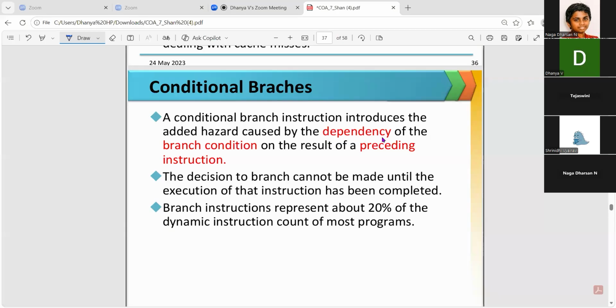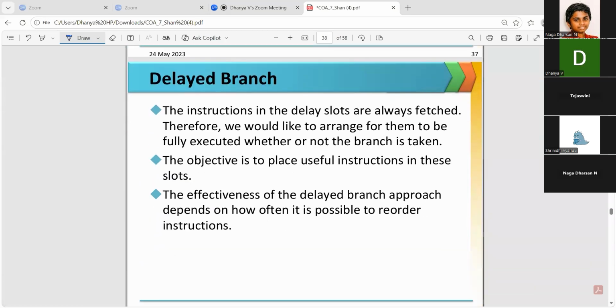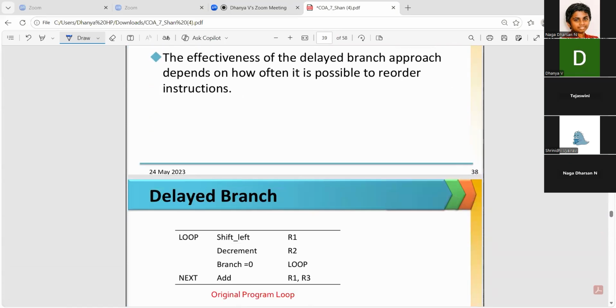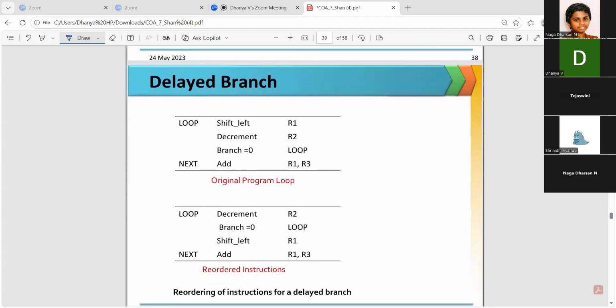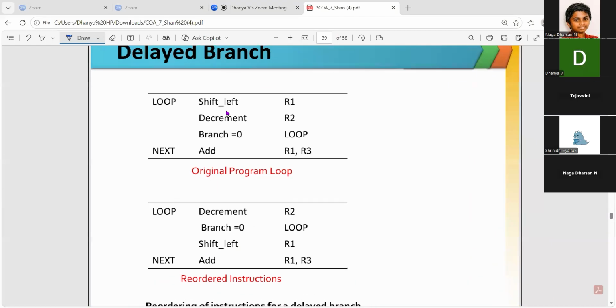In data hazards also we saw that dependency caused the hazard. So here also, in the case of conditional branches, the dependency is what causes the hazard. Then there's something called a delayed branch. I'll explain it with the example over here. So if you see the delayed branch,